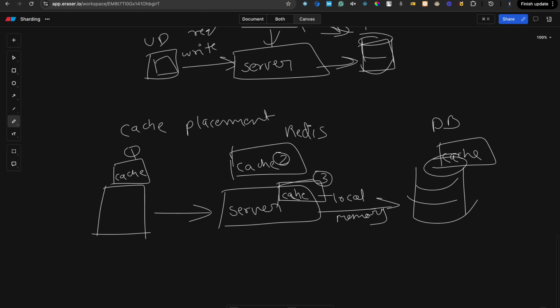Basically, some things are stored on the server, some things are stored in the device storage, like if this is a Flutter application where we have implemented the cache, so some data will be stored in the device. Some data on the server side that requires computation would be stored in Redis, some data on the server like local variables or something like that, and some data in the DB cache which is already implemented.